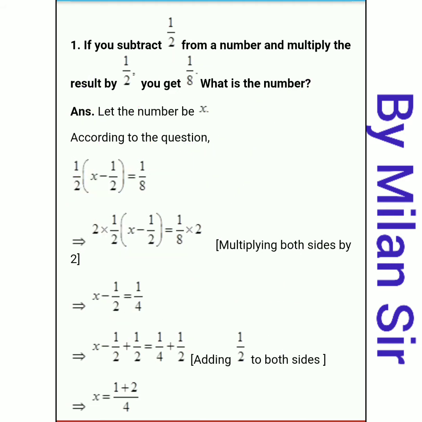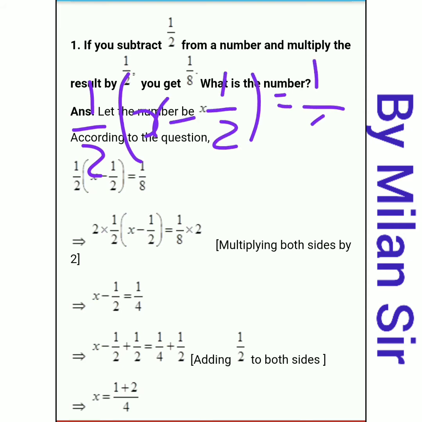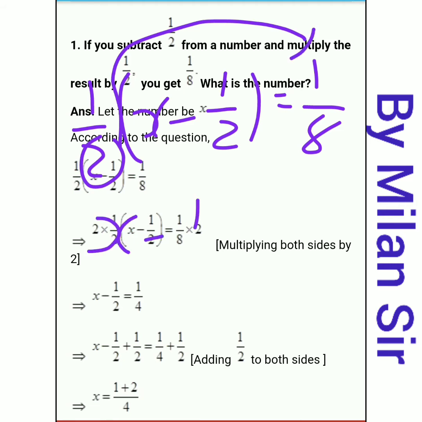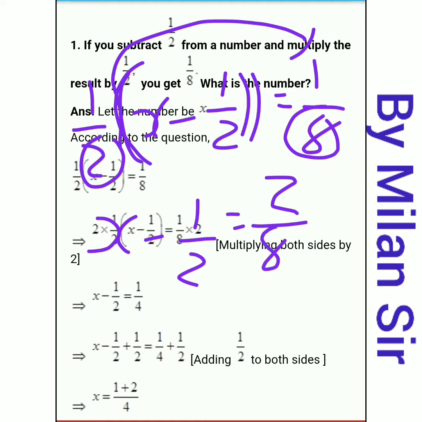Again, 1 by 2, x minus 1 by 2, equals 1 by 8. I transfer this 2 to the right hand side, it goes to the numerator. So here x minus 1 by 2. Now we do not need to write this bracket, because outside we have 1 and multiplying with 1 is the same. So here 2 ones are 2, and the denominator 8 as it is. Now we can cut this, 2 4s are 8.